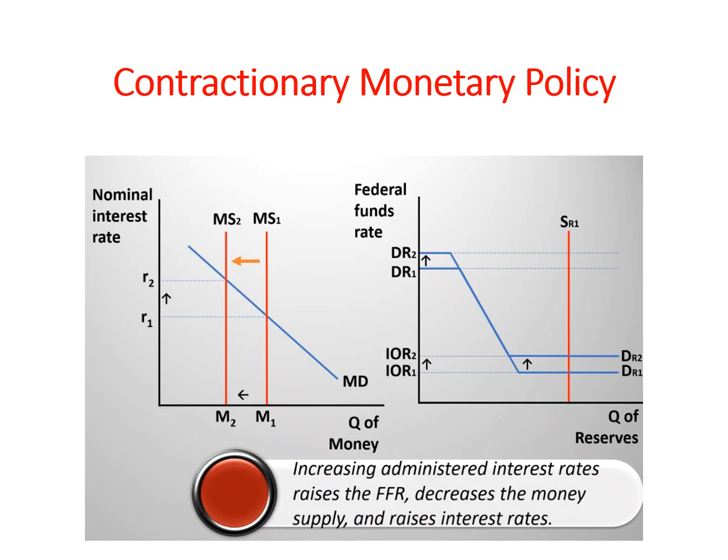The graph on the right illustrates the contractionary monetary policy effects of the Fed increasing interest on reserves, shifting the demand for reserves upward from IOR1 to IOR2, increasing the interest rate on reserves, which increases the Fed funds rate or policy rate. The money market graph on the left illustrates how contractionary monetary policy decreases the money supply, causing interest